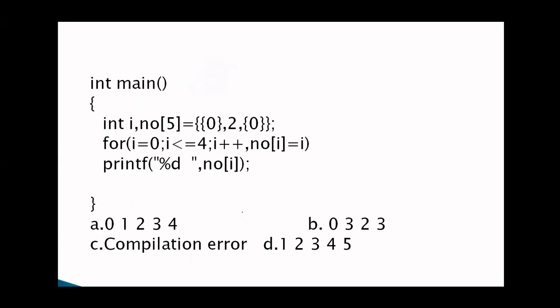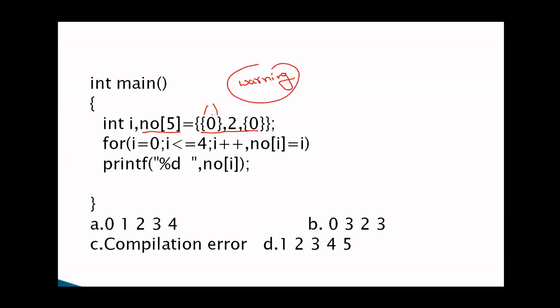Okay. Last, we are moving to one more example. I am initializing an array NOM of 5 with 3 values. Remember, generally this is a one-dimensional array. There is no need to enclose the values within these brackets. If you are assigning in this way, it is not a problem, but it gives some warning.